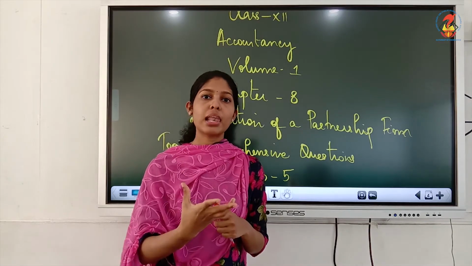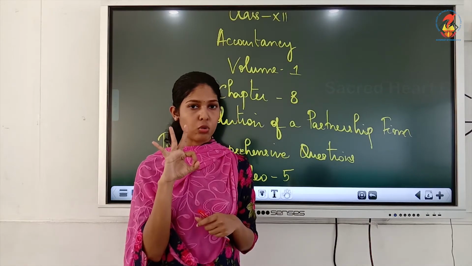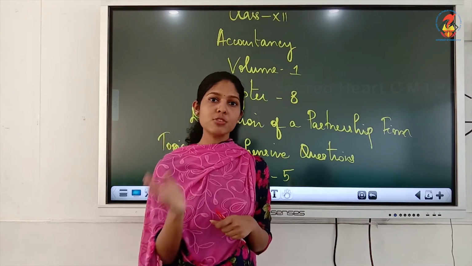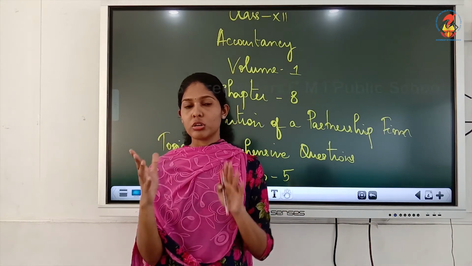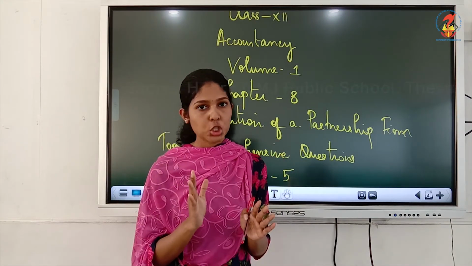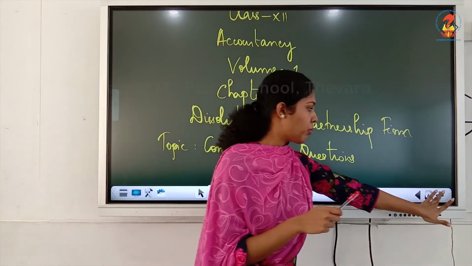So, instead of balance sheet, we will be having a cash or bank account as the third account, and that account should tally just like balance sheet. So, you can check whether your answer is correct or not. Just like balance sheet, this cash or bank account must tally finally. Okay. So, we will work out problems from this portion, comprehensive questions. We will work out illustration